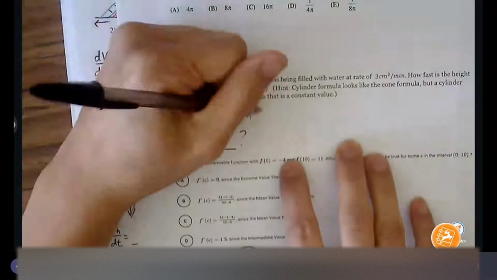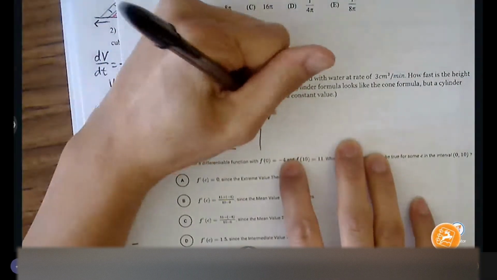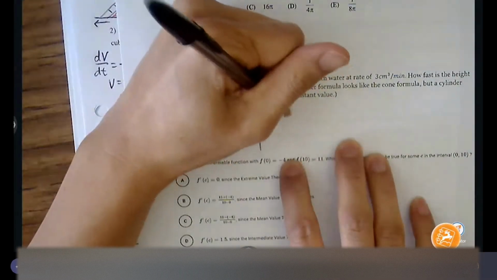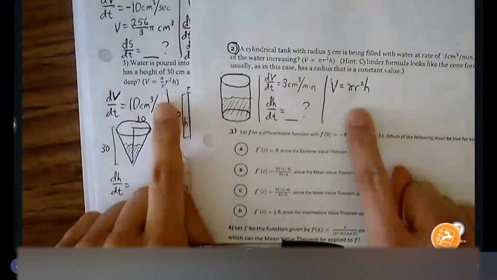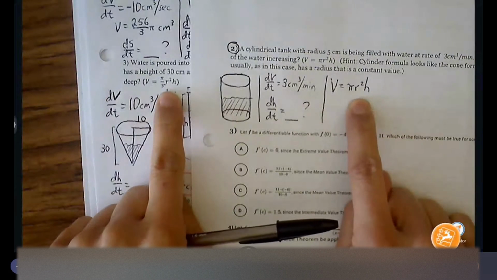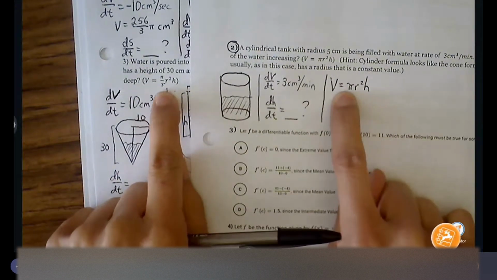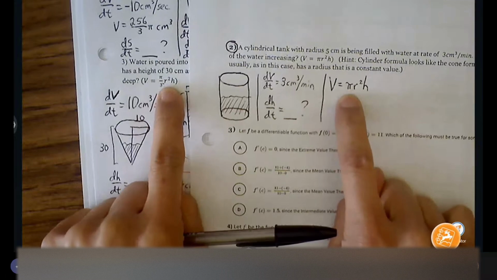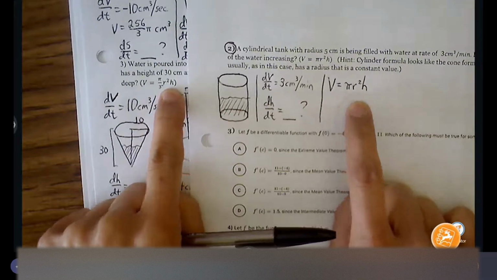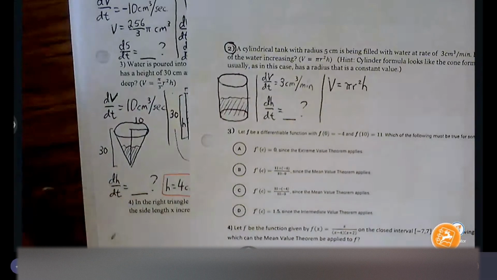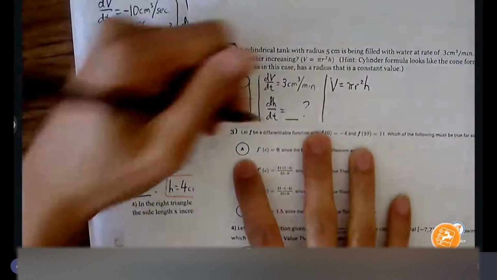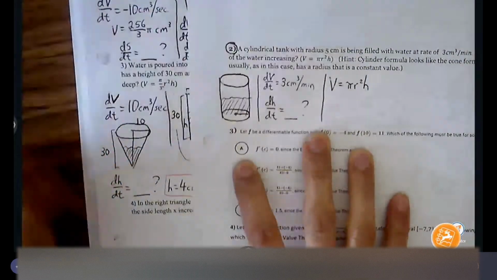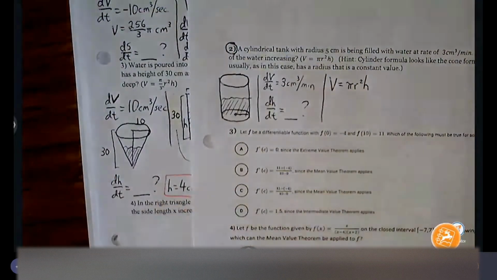Now here's the volume formula for cylinders, pi r squared h. And I think something that students notice is that it looks very similar to the cone formula, right? Basically, it's the cone formula without the pi over 3 in front. But even though the formula looks the same, the process that we have to go through is going to be a lot different and also a lot easier, okay? And this is what I want to point out is as the water level is increasing,